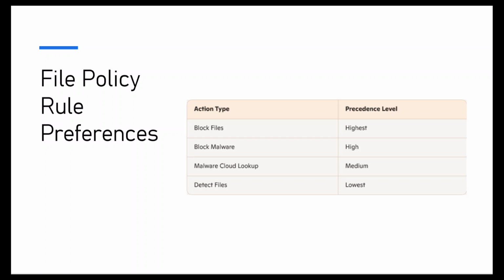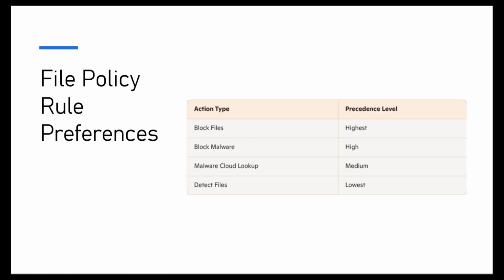So these actions will be executed in this precedence: highest, then medium for the malware cloud lookup, and lowest for detect files, if there are four rules for a specific file type. If there are two rules, suppose you have only block files and malware cloud lookup, then always block files will be executed. Its action will go forward because it has the